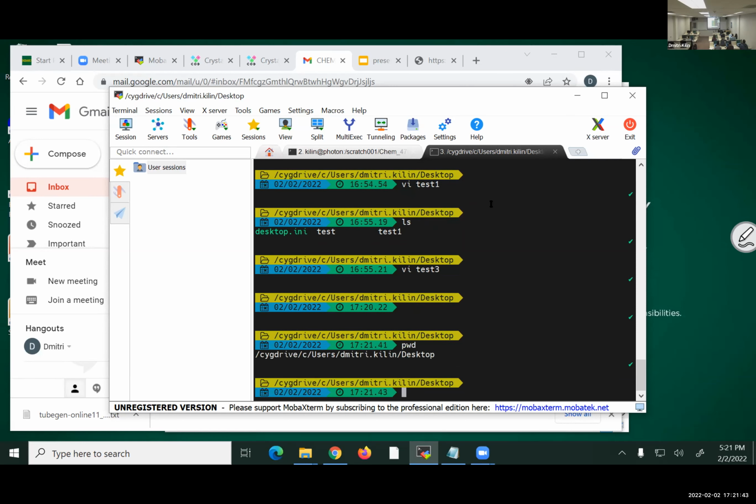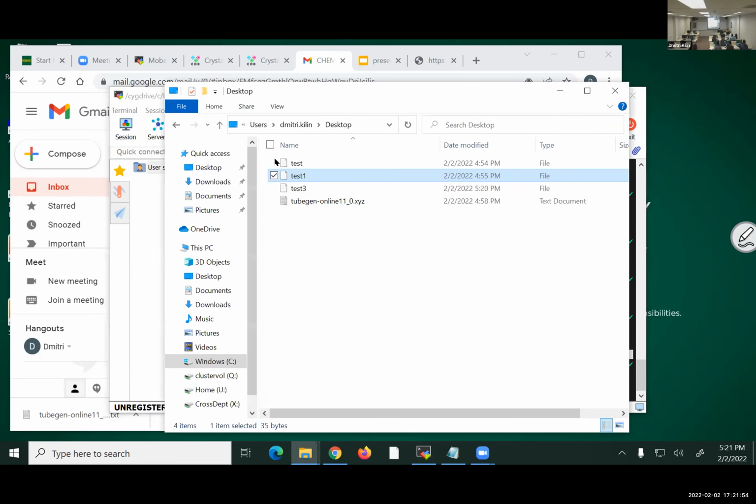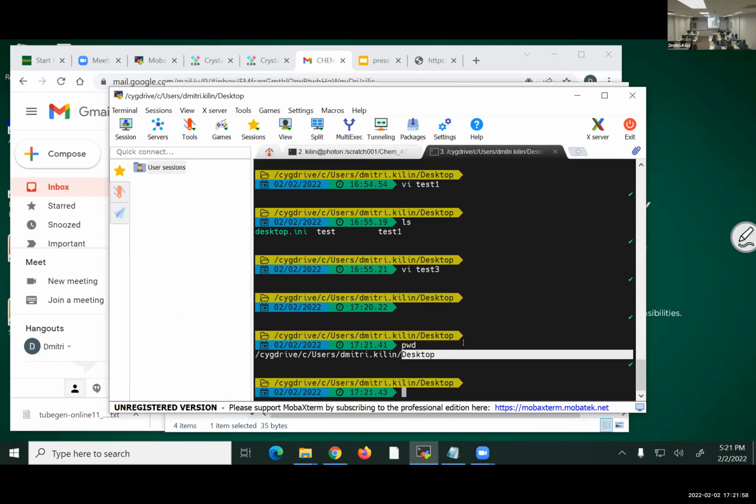And then I wanted to navigate to the desktop because desktop is quite an easy place which I can easily find with a file browser. So to get to the desktop,